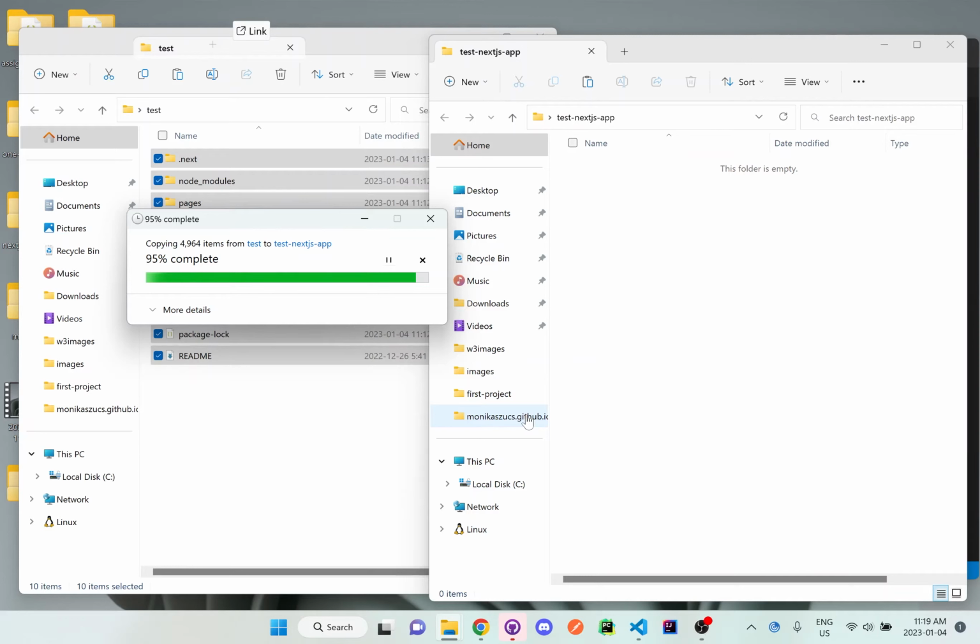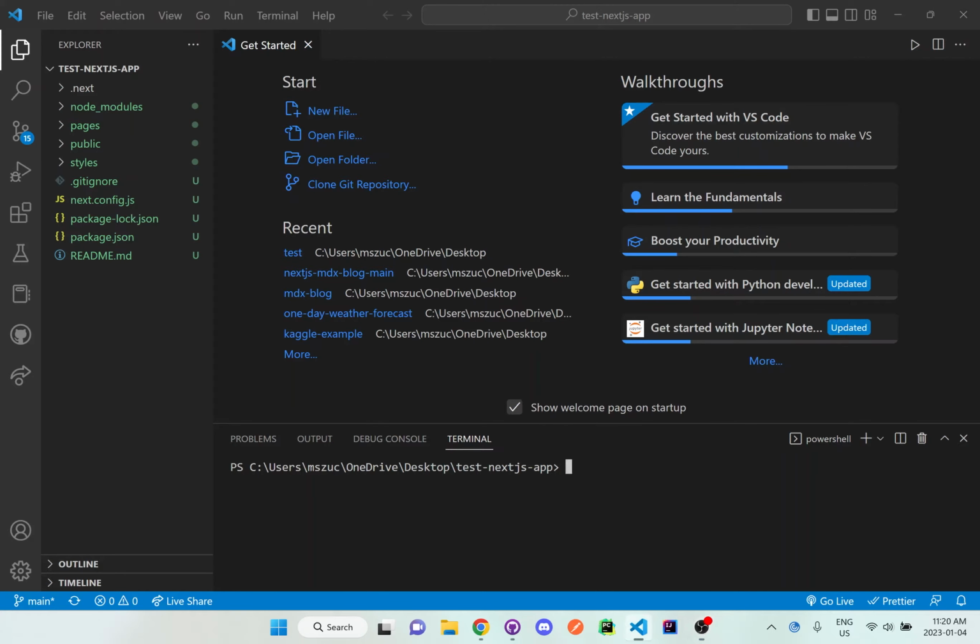So now that's copied over, I could just close them down, and right here I should see the test-next.js-app should have some sort of content. And now that I have all the content, I want to do the git add.